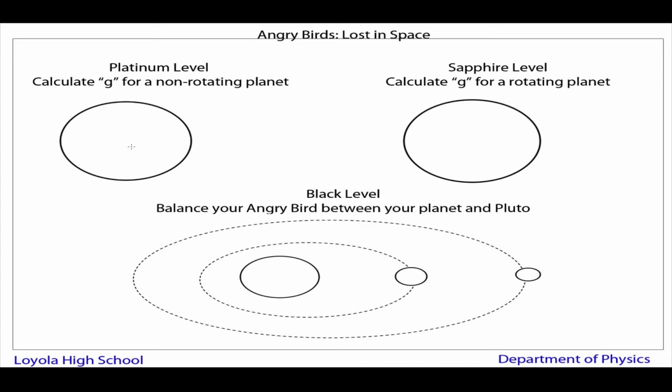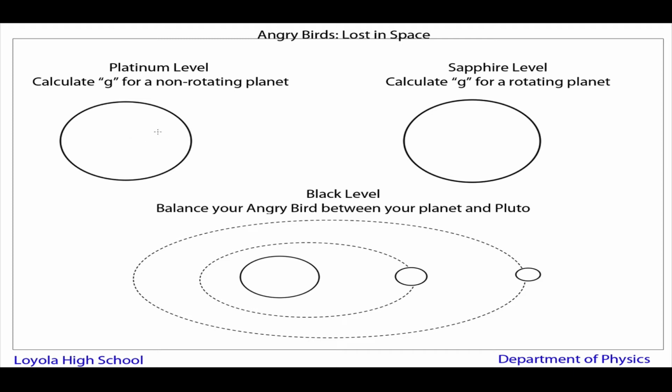In this video, I'm going to talk about the next levels of the Angry Birds Lost in Space Gauntlet, the Platinum, Sapphire, and Black levels, and the basic idea behind them. So, in the Platinum level, we want to calculate the acceleration due to gravity at the surface of a non-rotating planet. Planets actually do rotate about their own axis, but we'll start with the simple case with just a mass